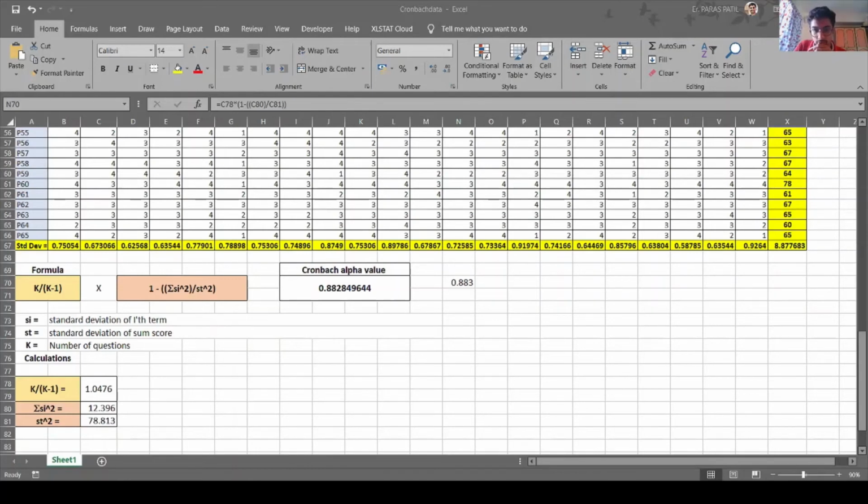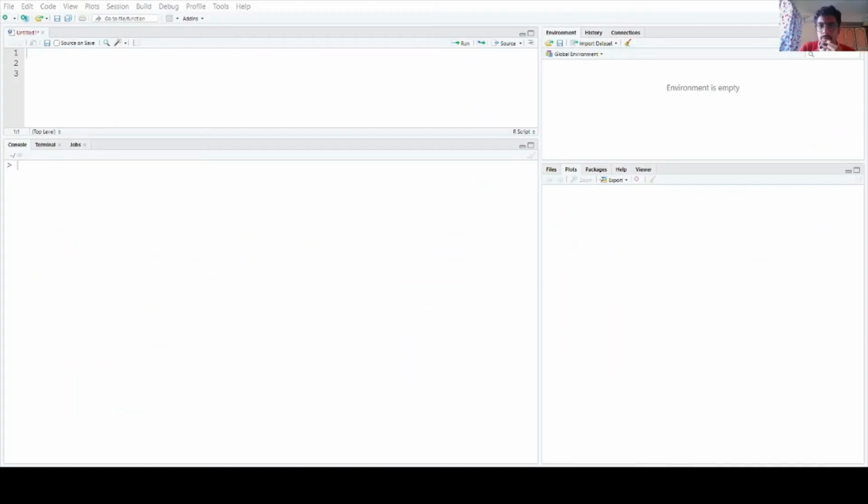So I'll just switch my window itself. Welcome everyone. I'm going to help you do a Cronbach alpha test in R now. So this is the dashboard, or you can say the console, of RStudio. You can type your code either in the script or in your console.